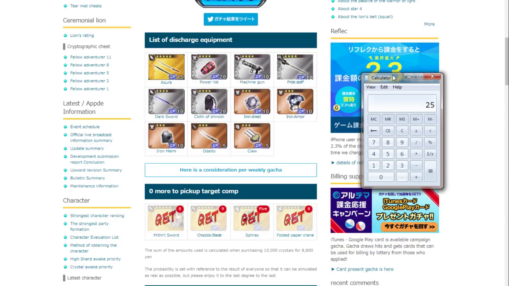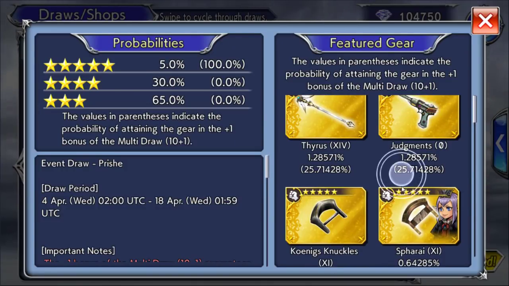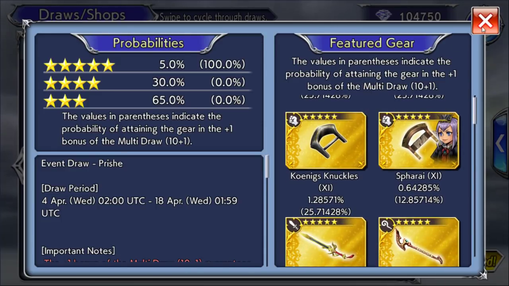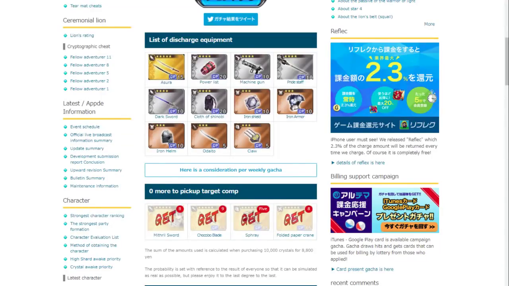So I think 25,000 is a bit too much, but if you don't have that 35 CP weapon and you have a lot of gems, or by not having 35 CP I mean if you don't have Titus 35 CP, if you don't have Vincent 35 CP, Prishe 35 CP is not that bad of a deal, and especially she will help with the event. So if you do have the gems and if you like Prishe, but as I said, outside of her event I don't see her as good as Titus, for example, and if you have Vincent you're probably good to go either way without Prishe. So those are the caveats about Prishe in my opinion, and there is one thing left